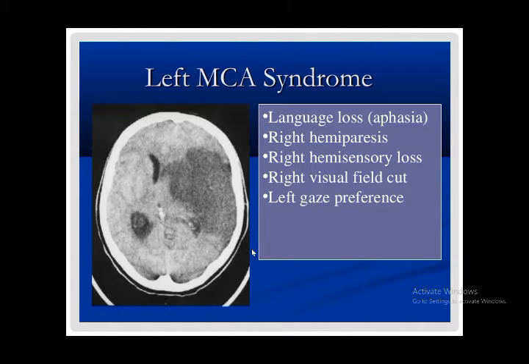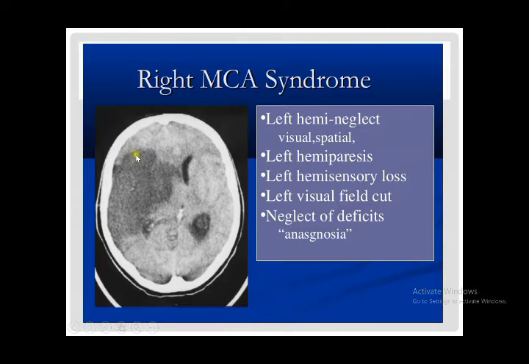I hope this has been discussed, but for repetition, the common large vessel territorial infarct, for example, left middle cerebral artery syndrome. Here you can see a hypodense shadow in the left middle cerebral artery area on the left side of the brain. So it is a dominant area which supplies speech areas in the brain. So you will have language loss, aphasia, right hemiparesis, right hemisensory loss, right visual field cut, and these are obvious things that you can see, but most important to remember is this aphasia and dysphasia associated with left MCA infarctions.